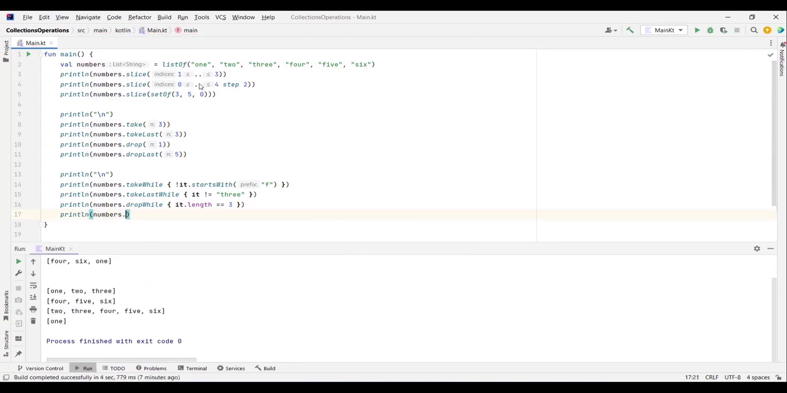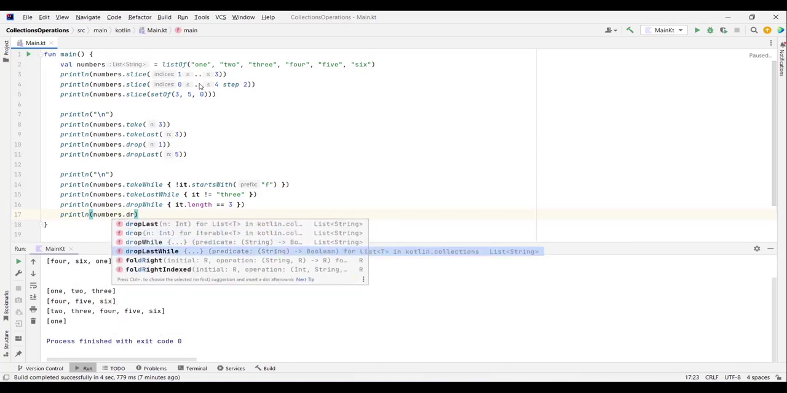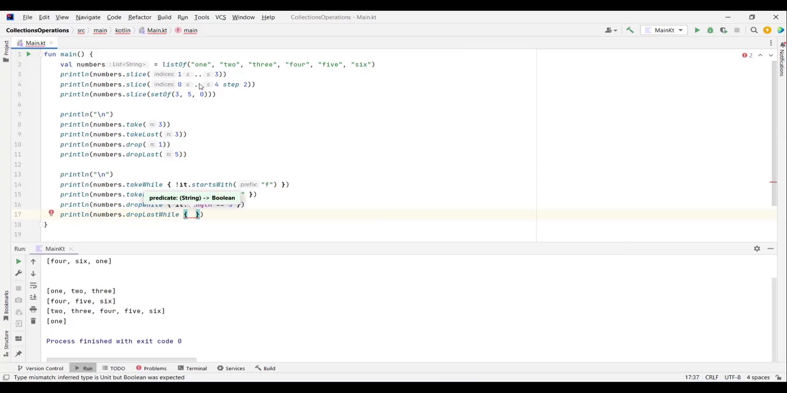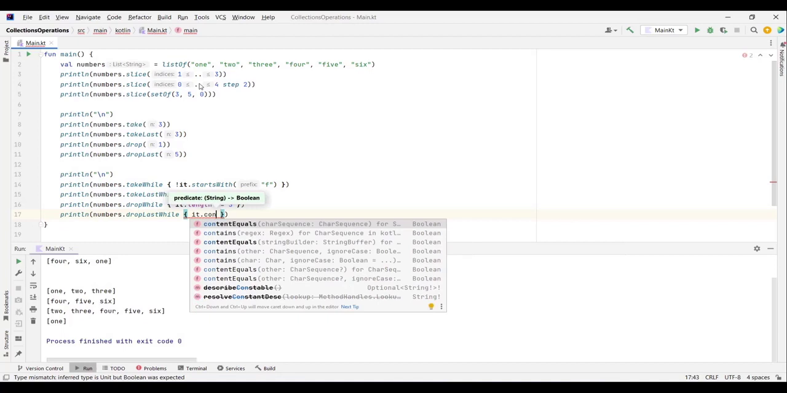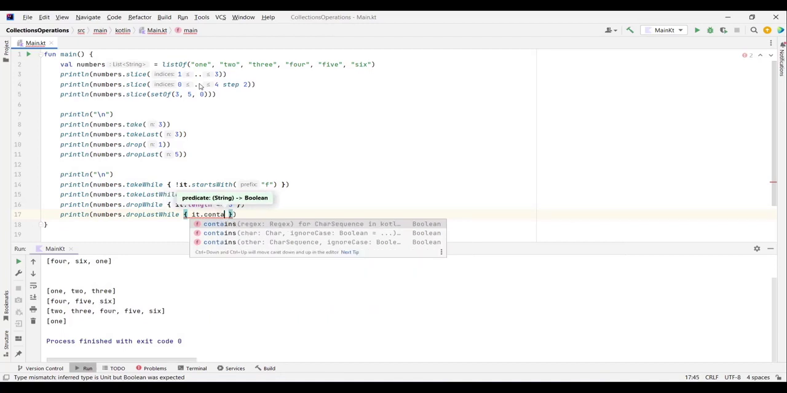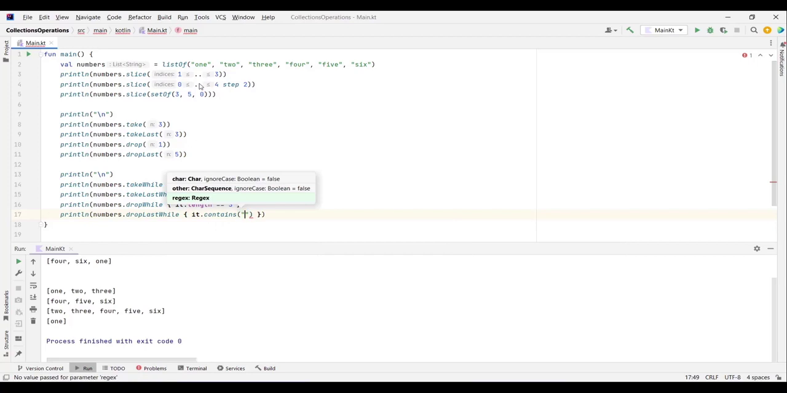numbers.dropLastWhile, and we type here it contains, in quotation marks, I. Now if you run this code,